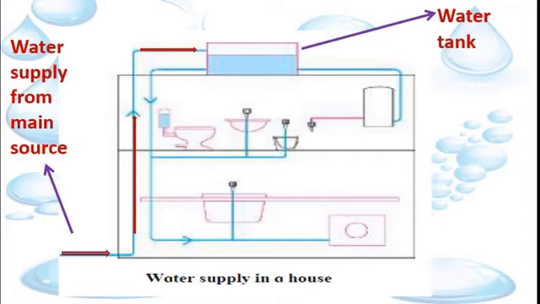Then according to the property we just went through, it comes out on all the sides at the same time. See, here we can see in all the places we will get water, in the sink, for the toilets, for the bathroom, to the kitchen. Wherever the tap is fixed, we will get the water. This is the method by which we get water at the same time in all the taps.